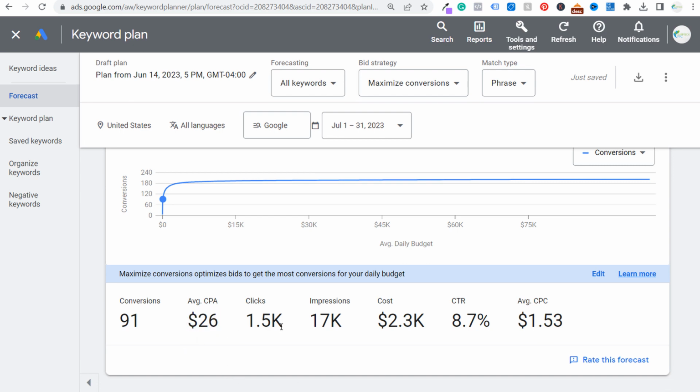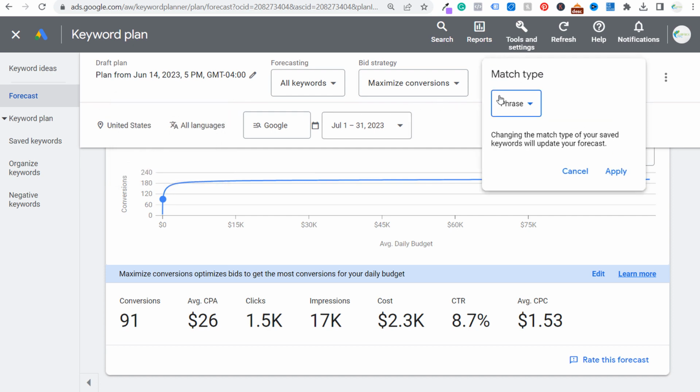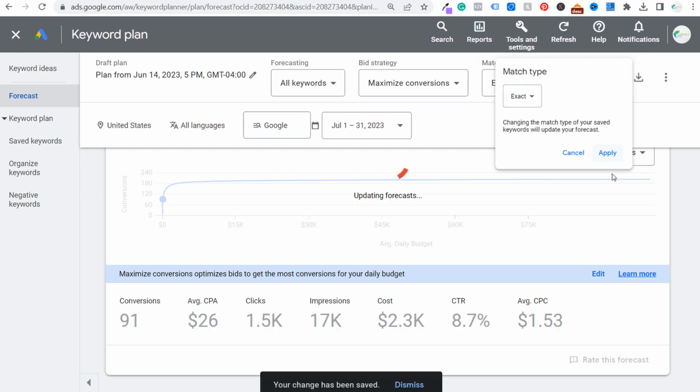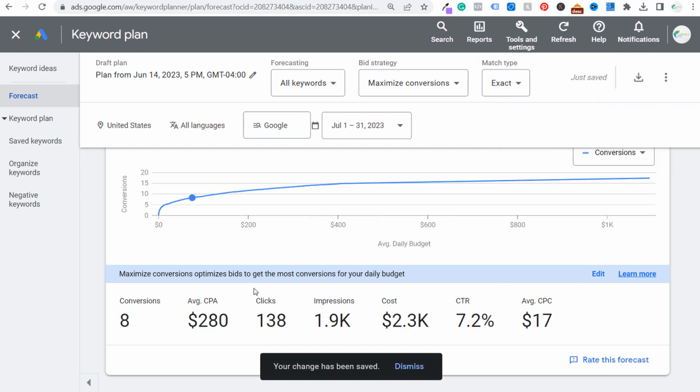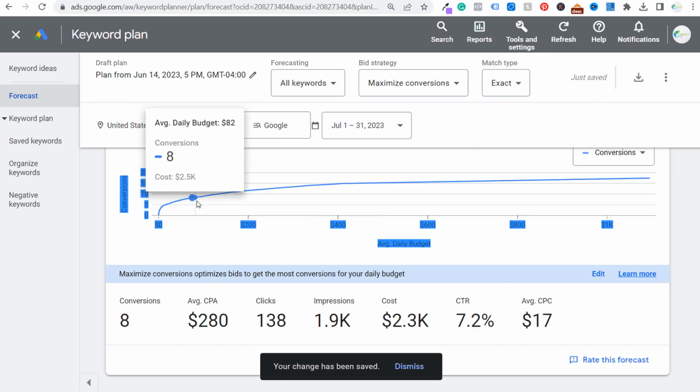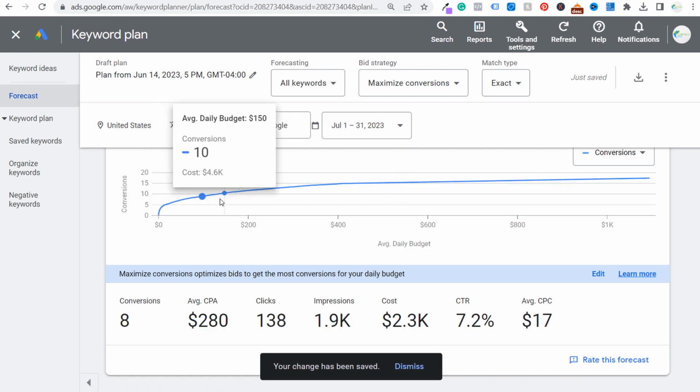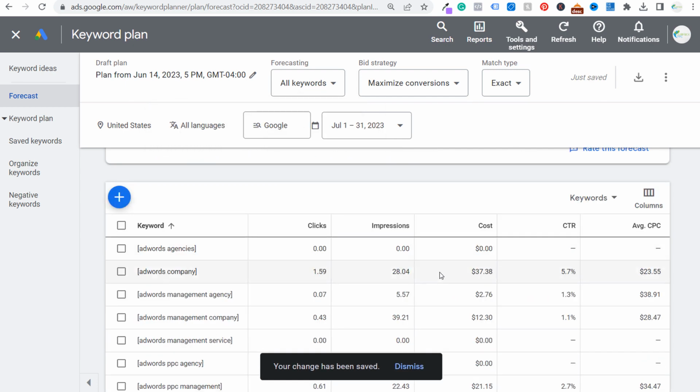So you can't necessarily believe everything that you're seeing here from the forecast, but I found that if you're using the exact match keyword type, you can figure out how much your average cost per click will be, especially as you adjust your average daily budget. So what I like to do is kind of adjust the average daily budget. And then the other thing that's really